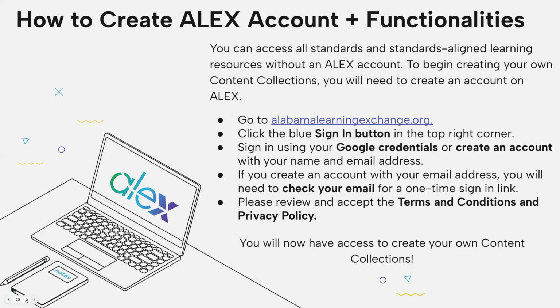The first time that you sign up for your Alex account, you will get a pop-up with the terms and conditions and privacy policy for the site. So we ask that you review those before clicking accept and beginning using your Alex account. So I have all these instructions. If you have this slide deck pulled up, these will be there for you, but I'm also just going to demo how this will look once you actually do this, so you can follow along with me on your screen.